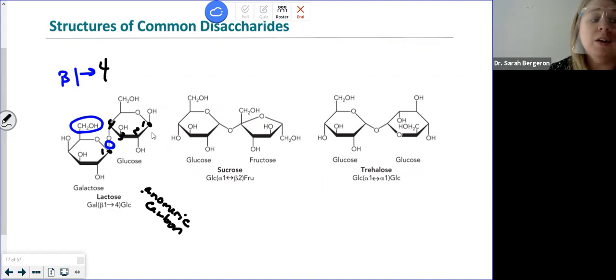Is the anomeric carbon participating in the bond? This one right here. No. So do you give it alpha or beta? No. So this is a galactose to glucose beta 1,4 glycosidic bond. Yeah? So since it's not the anomeric carbon or the last one,